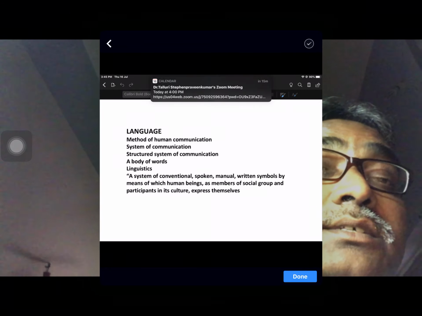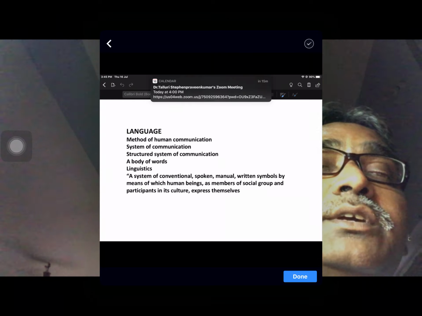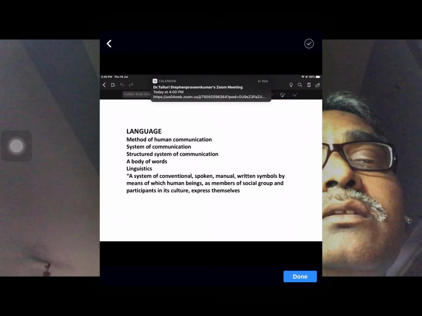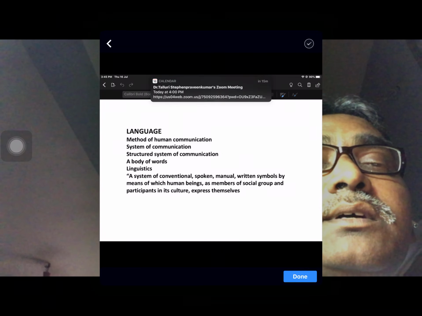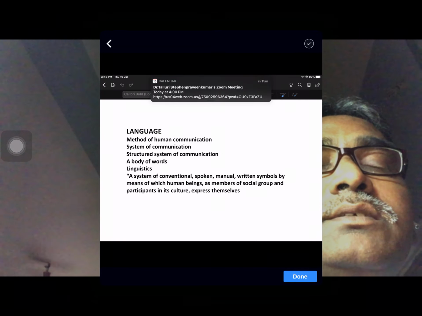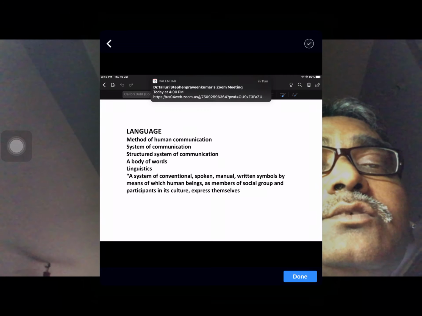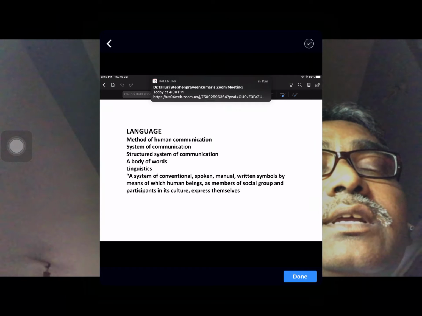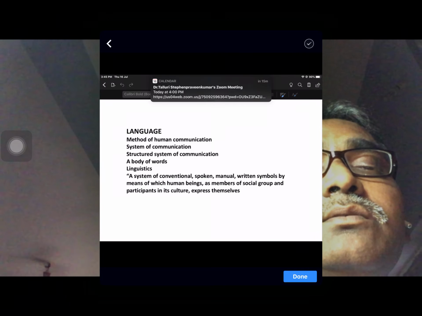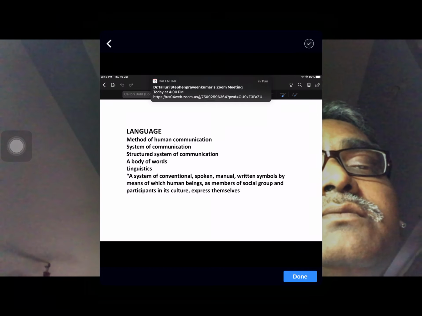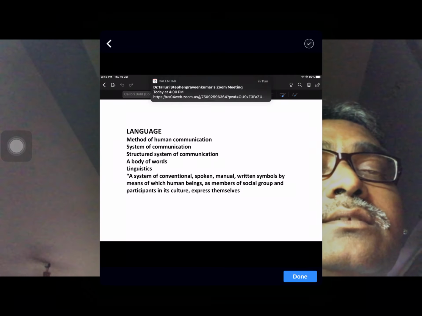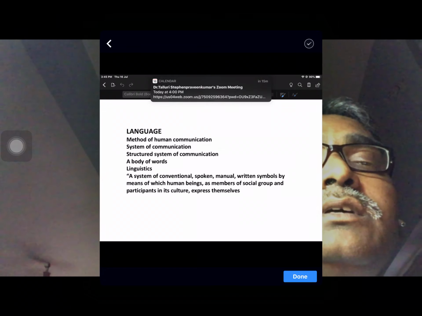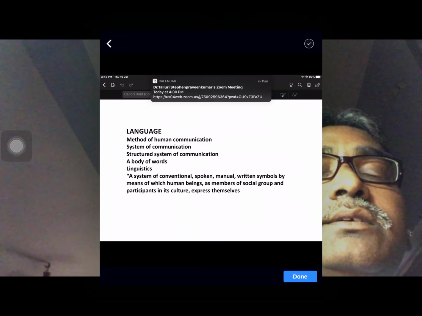So if you do not understand the structure, you cannot communicate properly. You cannot give an answer like an answer, or you cannot put a question like a question. Sometimes an answer becomes a question, and a question becomes an answer. So we see people writing some statements, some lines. Instead of questioning, they give the answer, because they do not understand the structure of a sentence or how to communicate in a structured way. So that is another idea about language.